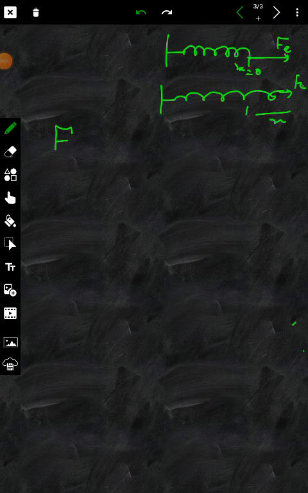Because of the restoring force coming into action on the application of this external force, the restoring force acts in the opposite direction to the displacement, and we represent it here by F. The spring comes back to its mean position. So according to Hooke's law, the restoring force is directly proportional to the displacement and is directed opposite to the displacement. Therefore, we put a minus sign here. Here F is nothing but the restoring force.